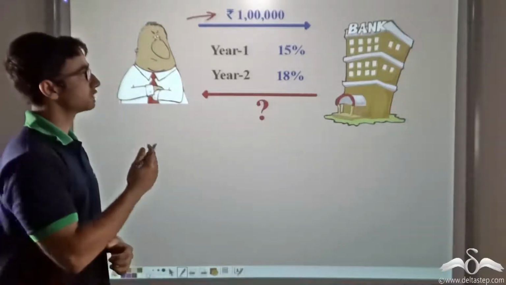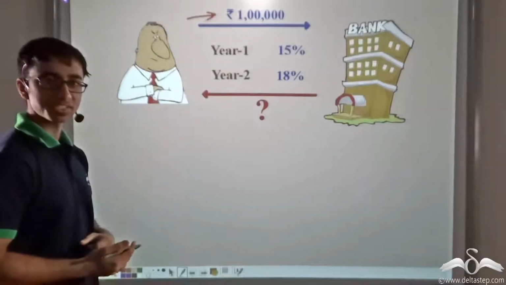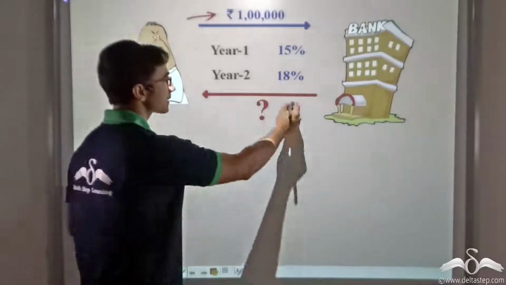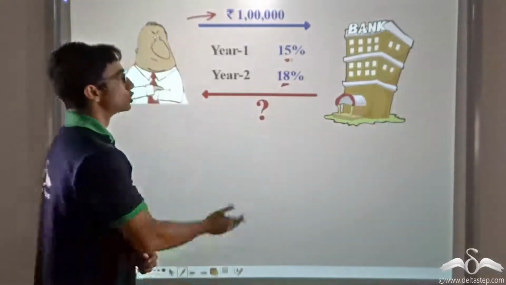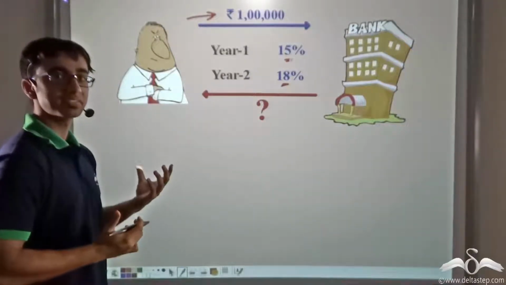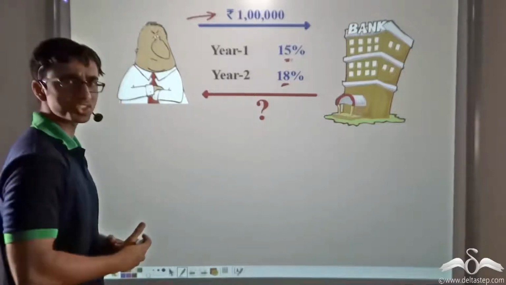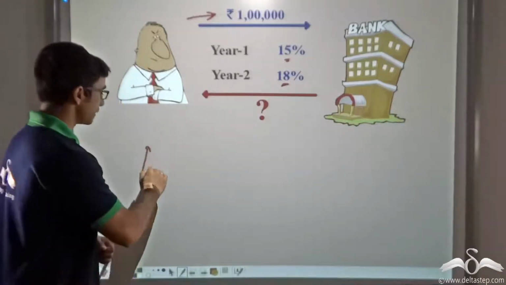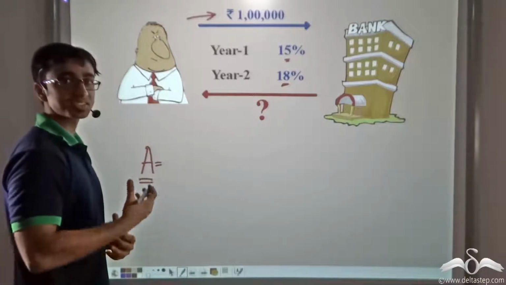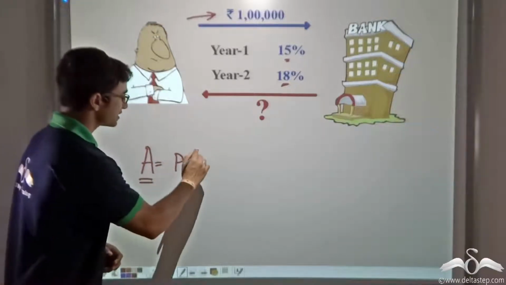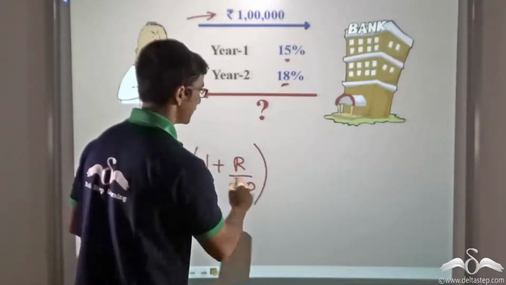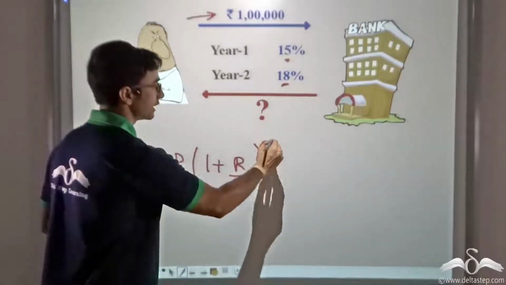So the bank said for the first year, they would offer him 15%, and for the second year, by hiking it up, they would offer him 18%. So in this way, how can Sudhir find out what is the amount that he will receive at the end of 2 years? Let us try to calculate. Firstly, we apply the formula which we have for finding out the amount when interest is compounded. So A is equal to P into 1 plus R by 100 to the power of N.